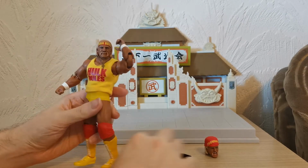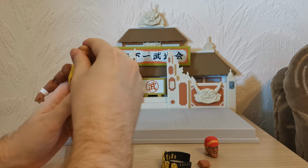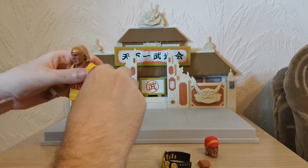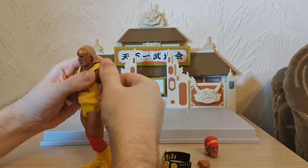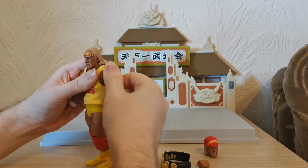Okay, I keep saying it and I keep doing it off camera, but let's do it here and now. So let us remove the soft goods shirt. In order to do that, we have to take off the shoulder joints, which you have to be very careful when you're doing. It just comes right out,